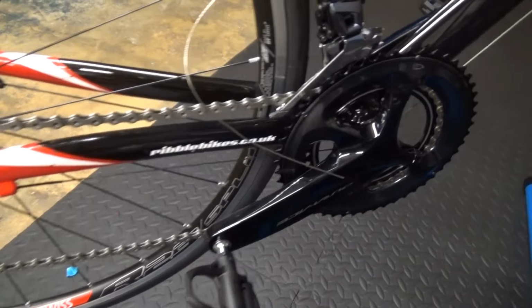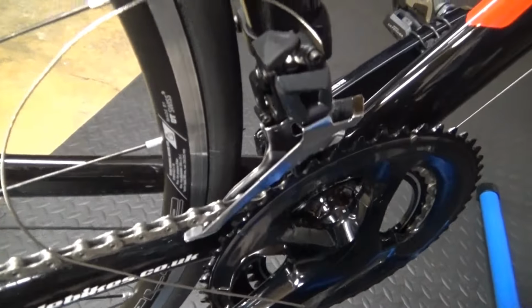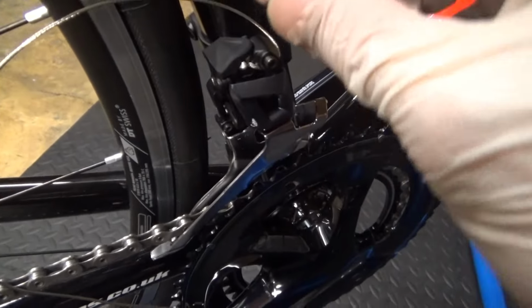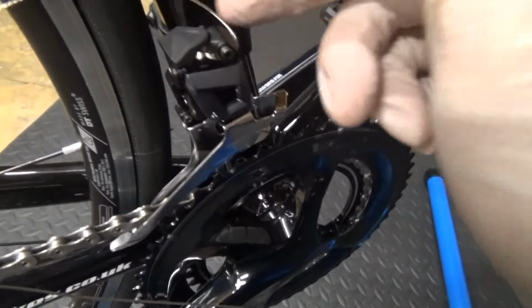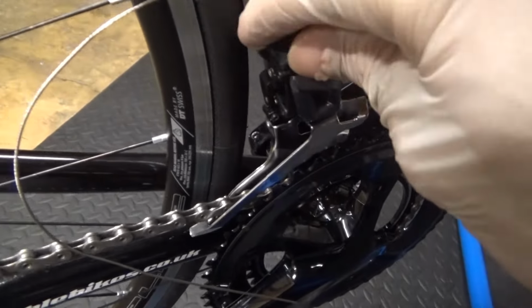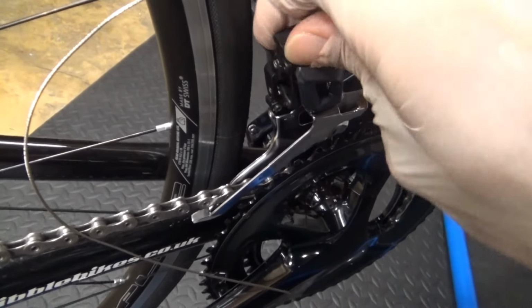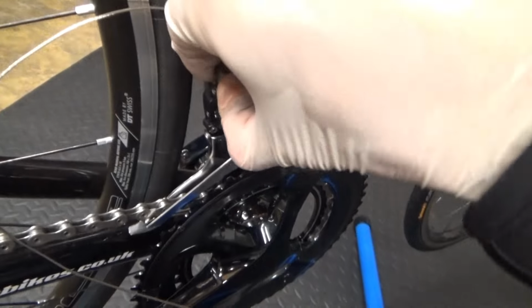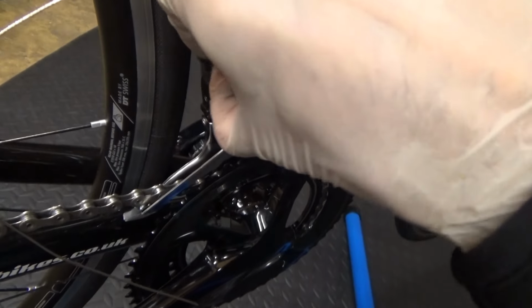Right, so when you're happy you've got everything adjusted correctly on the front mech, you can just tie your cable up out of the way while you're making the adjustments. But the last bit to do, so obviously I've just put this back on there, but you wouldn't have it on there when you're adjusting it, is get your